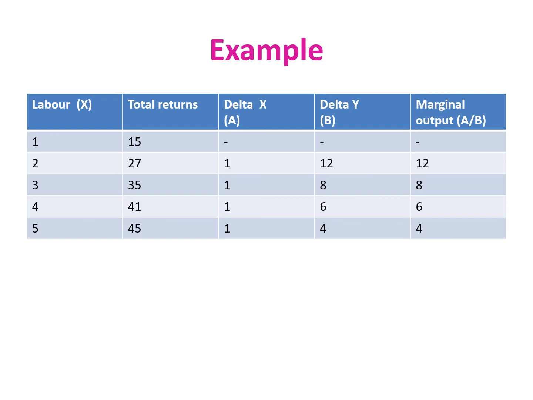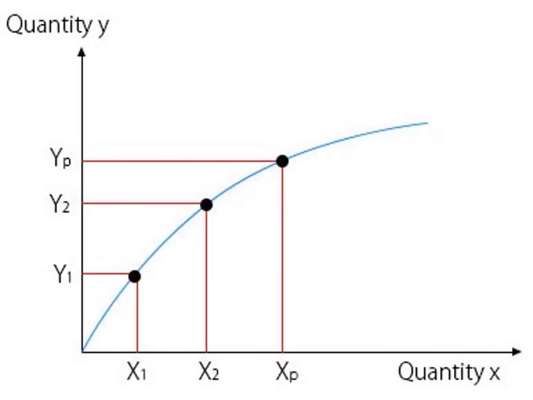And if we calculate the marginal output, and we can see the trend in the last column, it is decreasing and it shows the decreasing returns. That's why the law of decreasing returns is explained in this example. If we are going to plot the graph for law of decreasing returns, it is convex to y-axis. Here we can see the graph for law of decreasing returns.